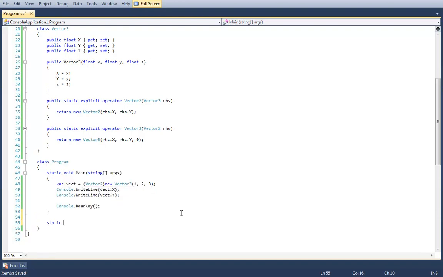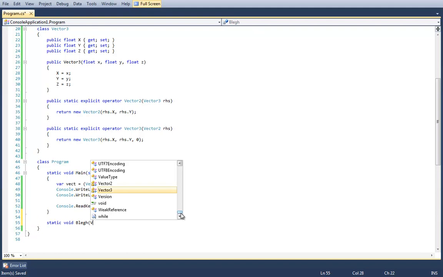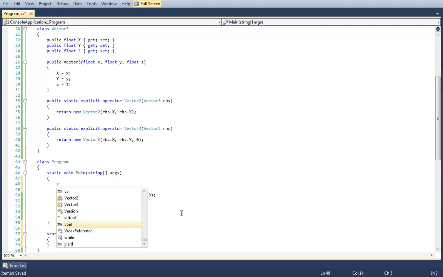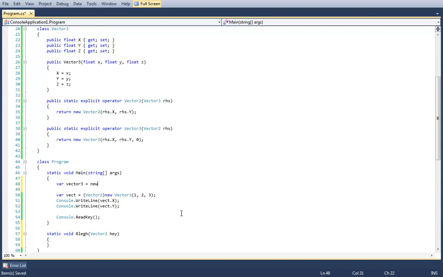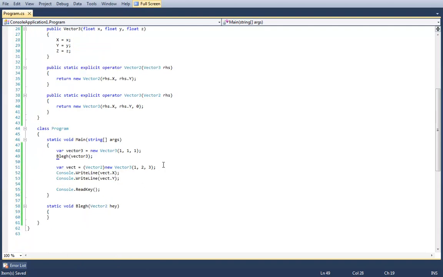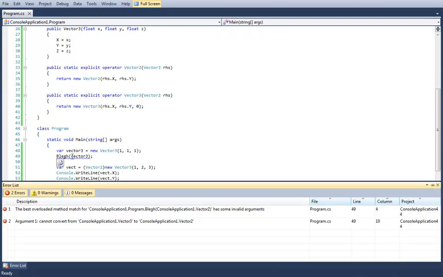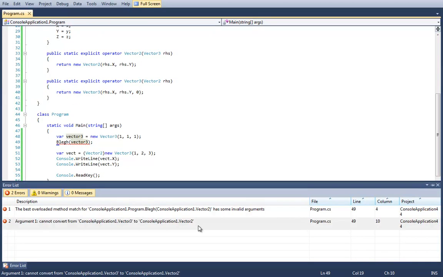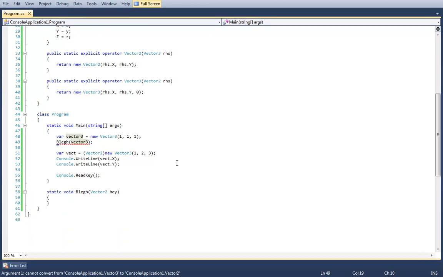If I were to have a method that, let's say, void blah, that takes in a vector2, and I had a var vector3, if I try to invoke blah with a vector3 without doing any casting, notice how I get an exception. It says cannot convert from vector3 to vector2.